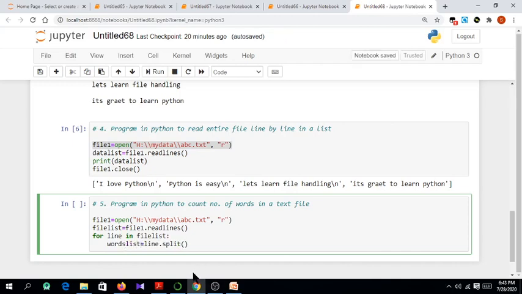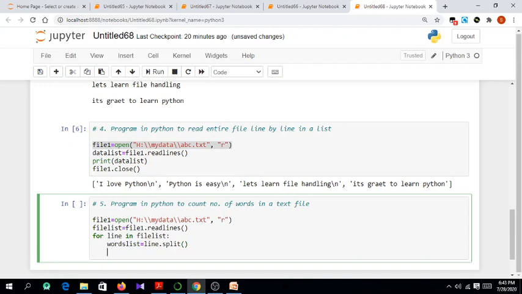So this word list is nothing but, every time the loop runs, suppose the first line is now split, and each word of the first line is now present here. Now for every word in word list, we need to have a counter.